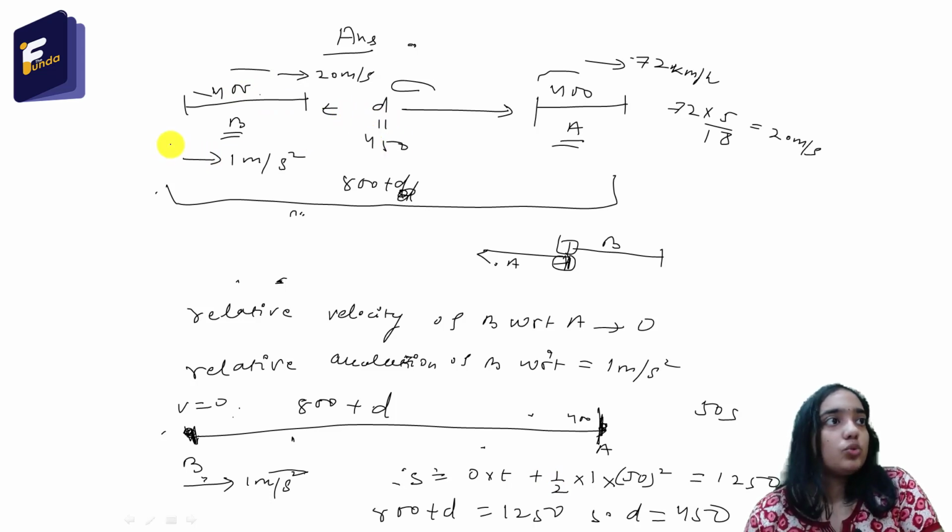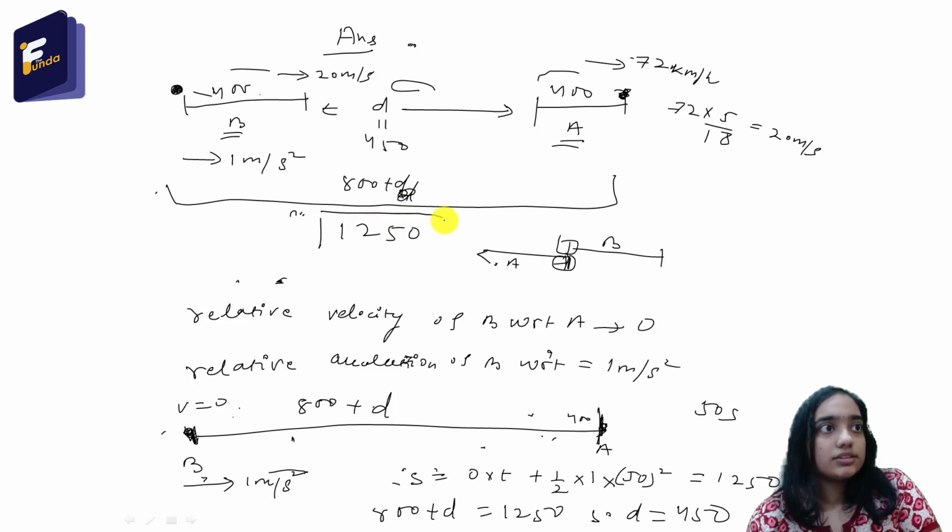Okay. So what is the total distance between this point and this point that is asked in the question? These 2 points, this and this. So it will be 450 plus 400 plus 400, that will be equal to 1250. So the answer is, this whole distance is 1250. So this is our answer.